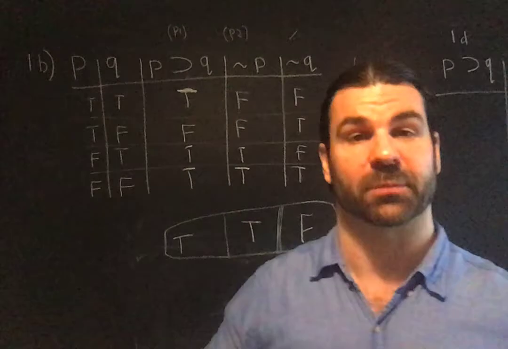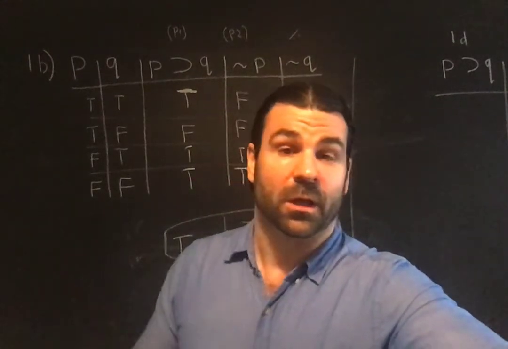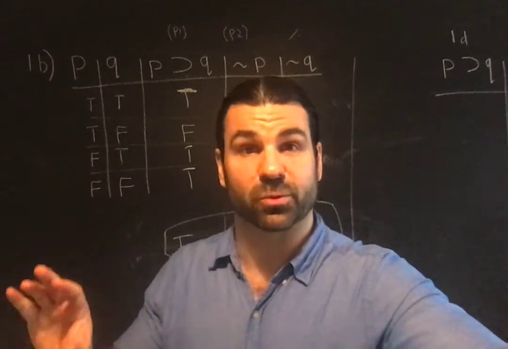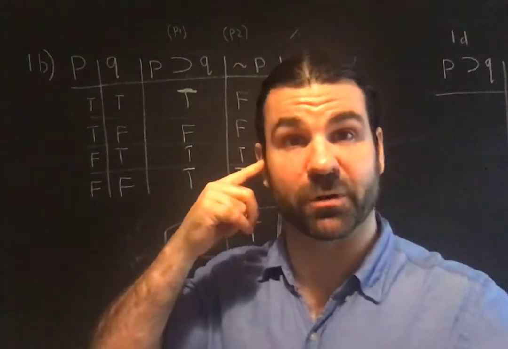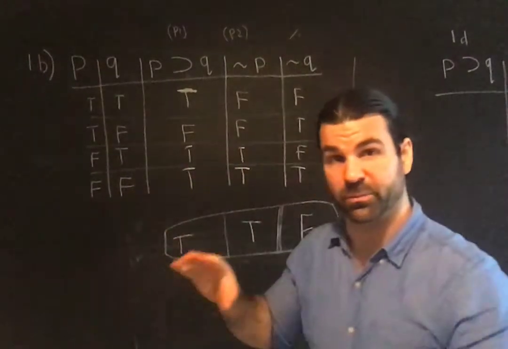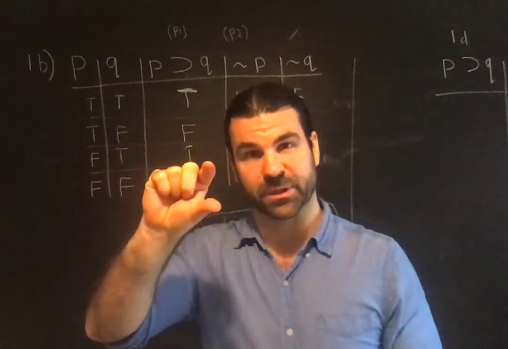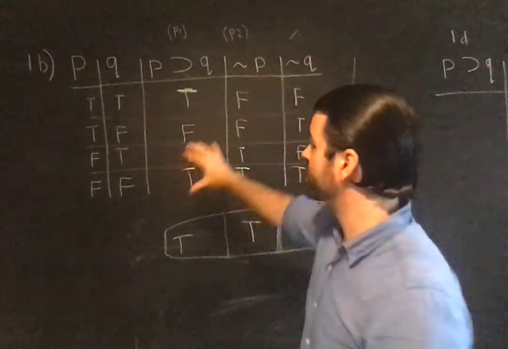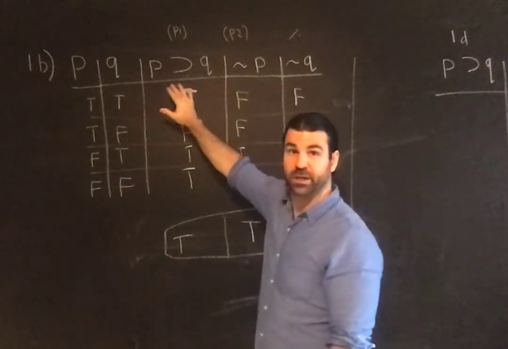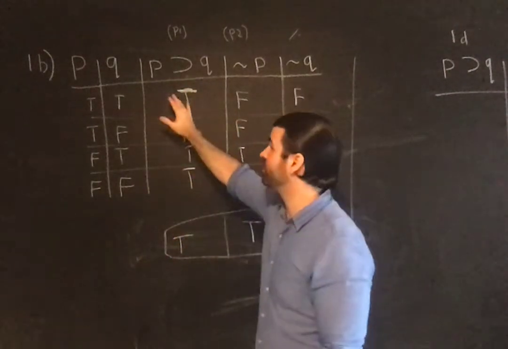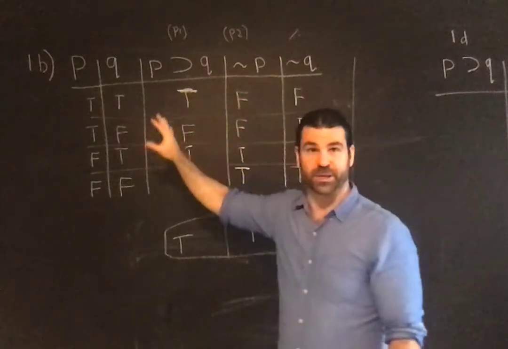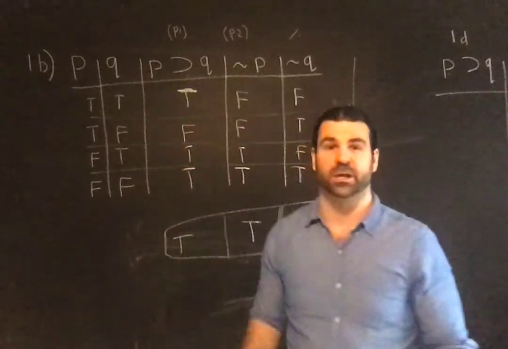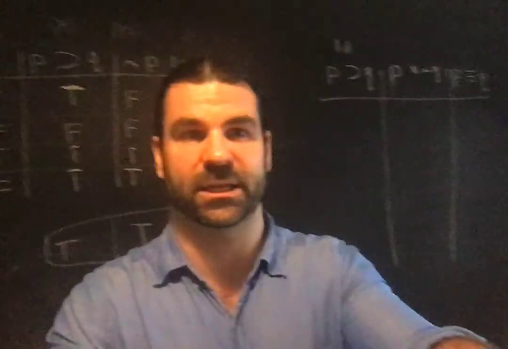The exam question will be something like, use the full truth table method to test the following argument form for validity. You'll be given the list of statement forms and conclusion. You will have to write them up, a column for each statement form, as so. Leave space between, leave a lot of space, because in ones like the one we're going to do, 1D, in a minute,